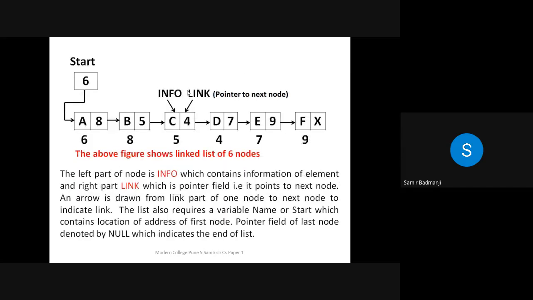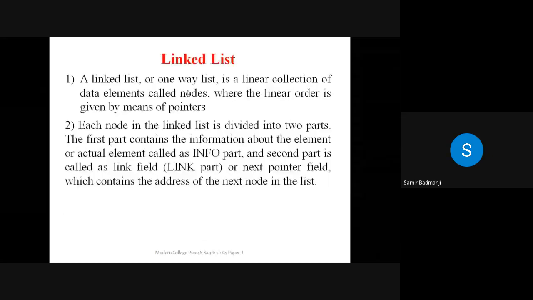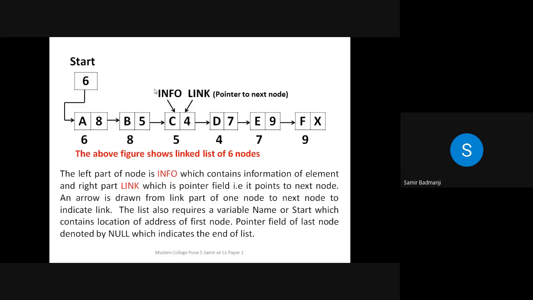Now this will be clear to you by seeing an example. Usually the question is asked: define linked list and write down a linked list by using 6 nodes. Sometimes they specify the number of nodes, or sometimes they just write that with a suitable diagram explain the linked list. Mostly it is asked to use 6 nodes. Now 6 nodes means what? This is the first node, second, third, fourth, fifth, sixth.